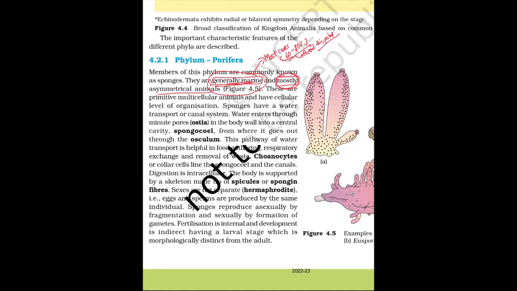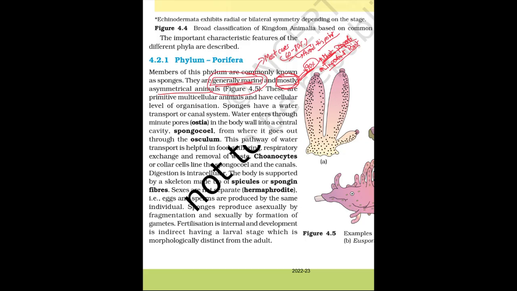But when you see the term mostly, as in mostly asymmetrical animals, first write down its percentage. It is telling you 90%. Almost 90% of animals of Porifera are asymmetrical. So it is a must property which you find in phylum Porifera. They are mostly asymmetrical animals. So you can write it down. This point is very important, so you have to write it down in the notes.